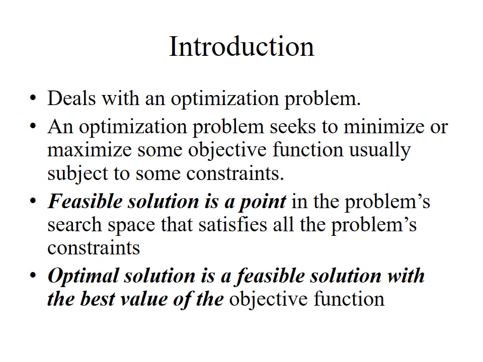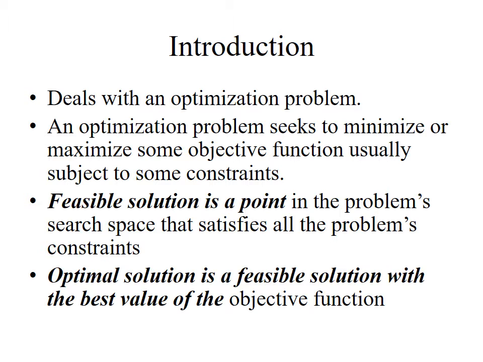The topic we are going to see is branch and bound. This is a design technique which deals with optimization problems. An optimization problem is one which minimizes or maximizes the objective function with respect to some constraints. For example, take a knapsack problem. It is a maximization problem because our objective is to maximize the profit of a knapsack, and our constraint is that the total weight of the items should be less than or equal to the given capacity capital W.